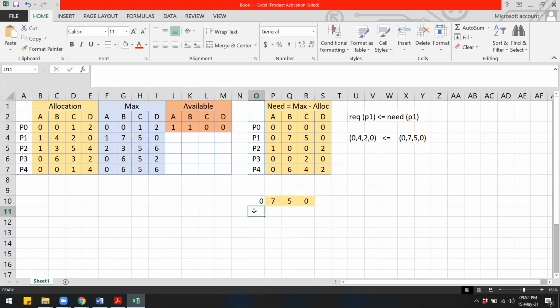And after we give out 0420, then process 1 is going to need 0330 more resources. So this is now 0330, right? So we will update the allocation, available, and need based on the request.